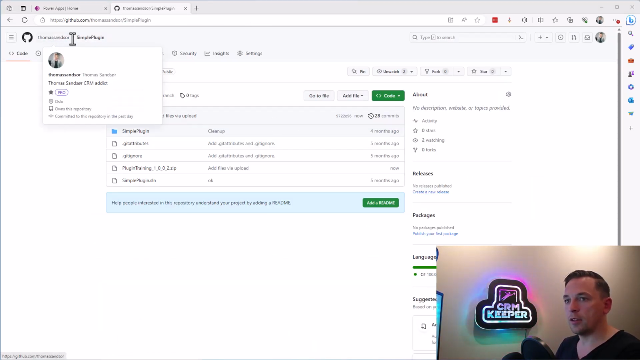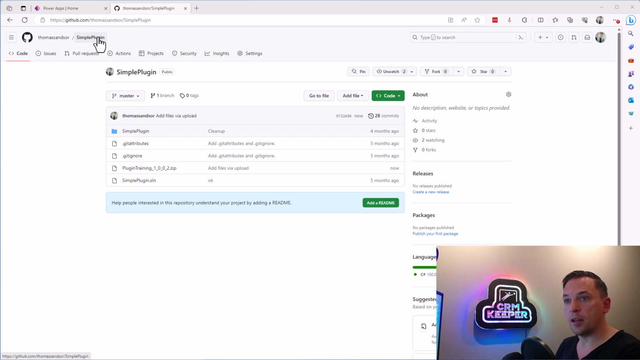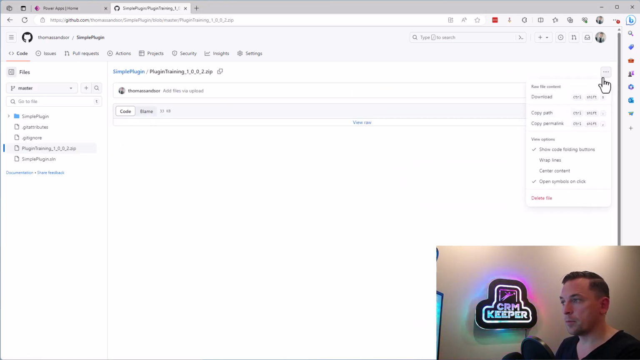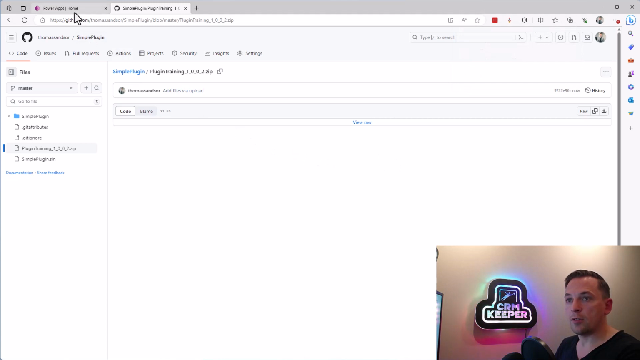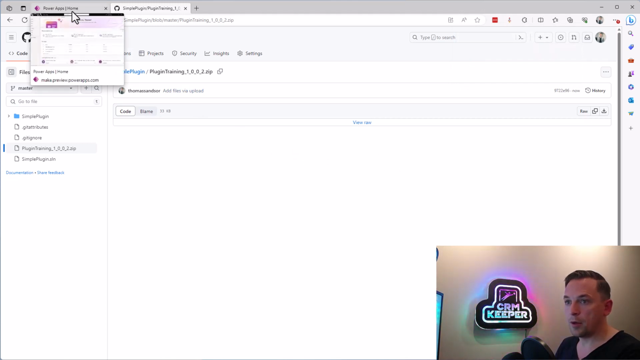All right, so here is my repository in GitHub. I will give you the link in the description, and of course you can just read it from the top here. So within this repository for the simple plugin, we have a zip file, the plugin training. So we're going to go ahead and download the zip file. Like that. And we're going to head on over back to our Power App,